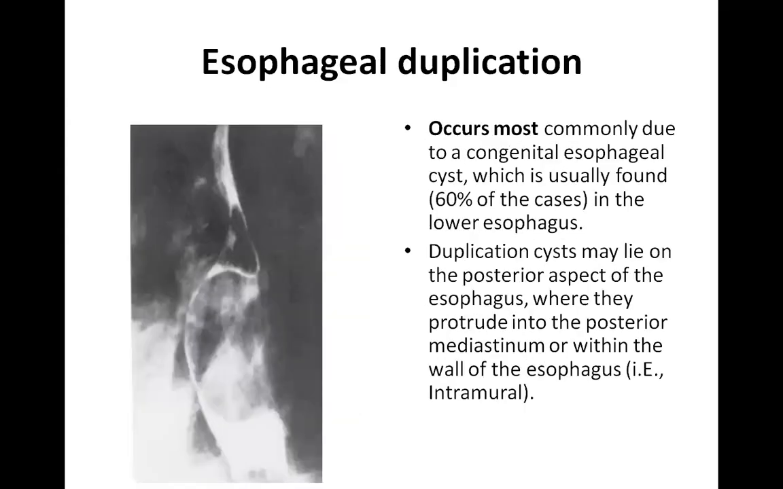Then there is a condition known as esophageal duplication, which most commonly occurs due to a congenital esophageal cyst, which is usually found in the lower part of the esophagus. The duplication cyst may lie on the posterior aspect of the esophagus, where it protrudes into the posterior mediastinum. So in the next part, I will be discussing the development of the